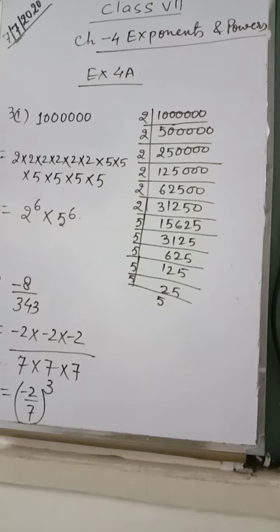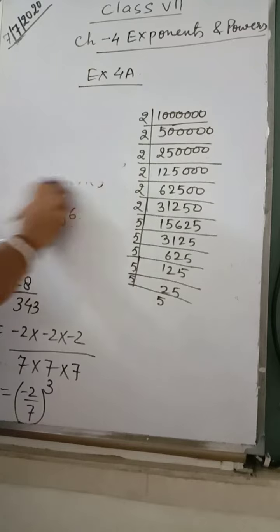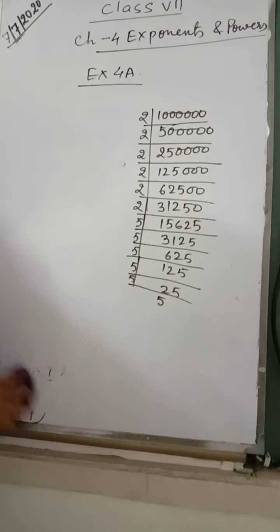Now in number 4, where the values of A and B are given, we have to get the values of the terms which are given to us. Look at number 4, this is done. Number 3, I think it is done. Leftovers you have to do. Look at question number 4.